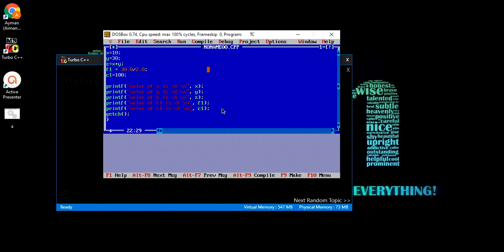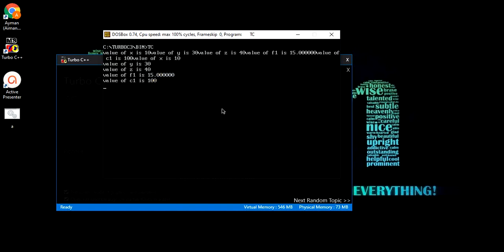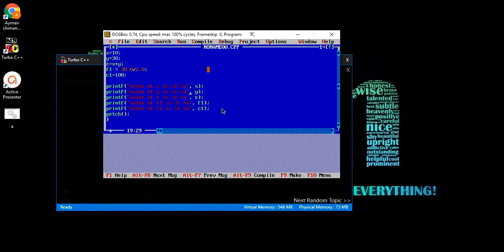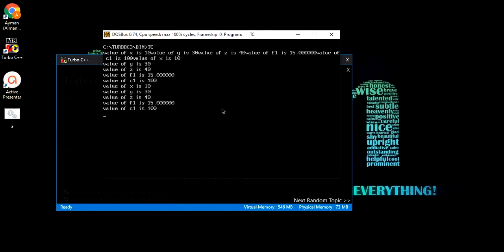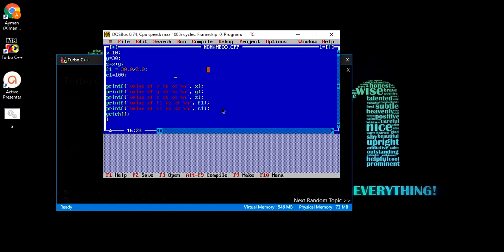Now let us compile and run. Now you can see value of x is 30, then a new line, then 40, then the f1 value, then c1. Every time we run the application, you can see the window is getting added with the output values.